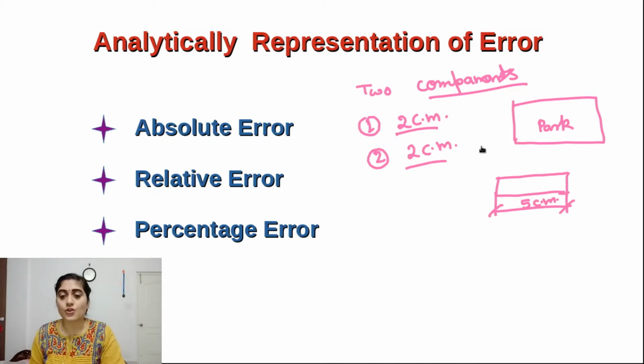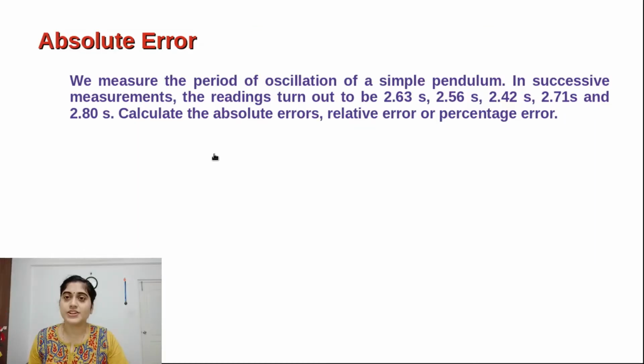Okay, now I will take one example from an NCERT book, in which we can calculate the absolute error, relative error and percentage error for the same problem. Because for calculating the relative error, it is important to calculate the absolute error, and for calculating the percentage error, it is important to calculate the relative error. So anyhow, it is required to calculate the absolute error. Okay, we take one example and then we can clear it. Now we will discuss one NCERT problem for calculating the absolute error.